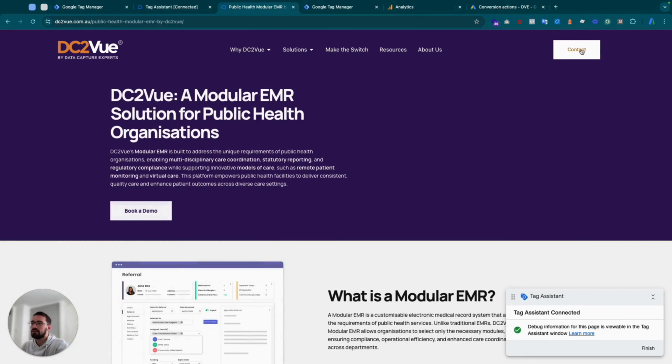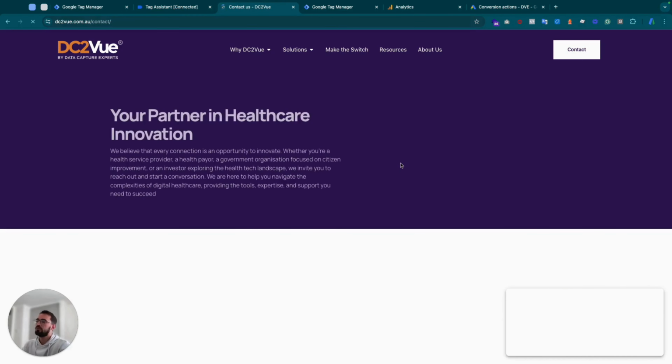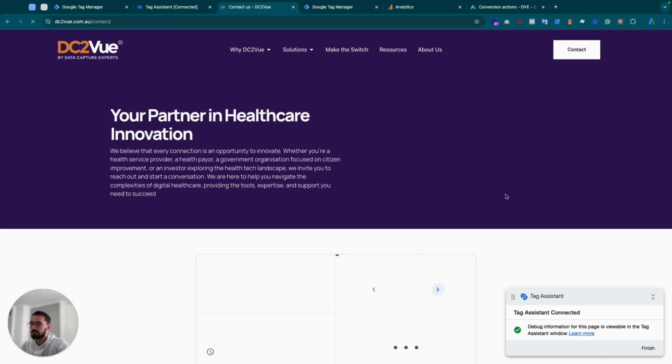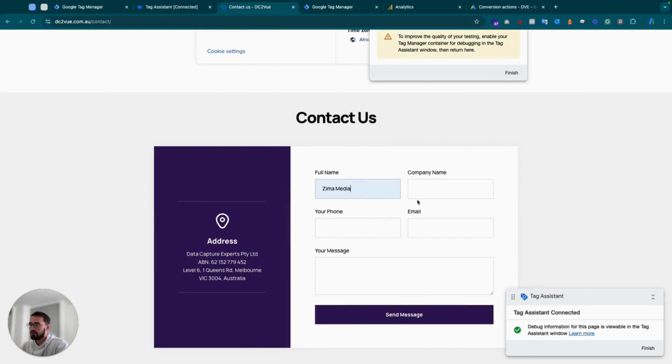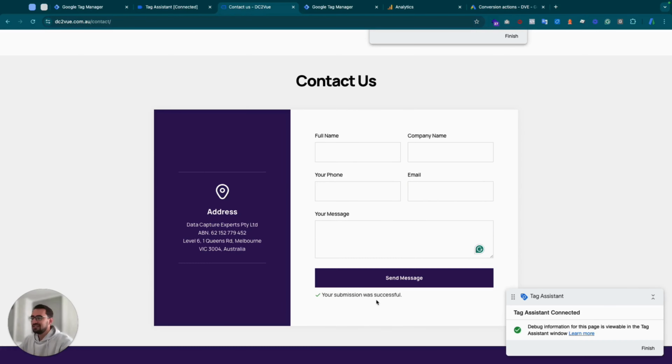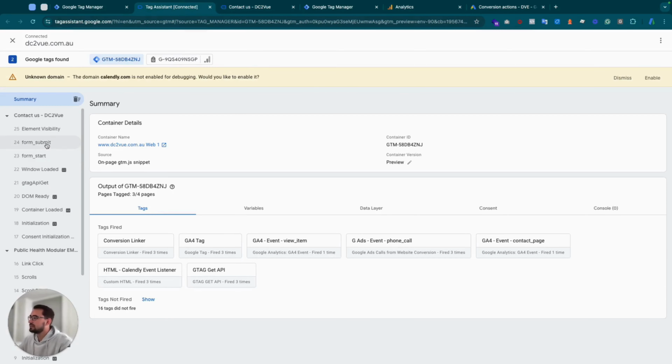Then I can head into the contact page, because the main thing that we want to test on this first preview is what we receive when we submit the contact form. So let's head over to the contact form. Then we're going to add in a few details, Zimamedia.com and test. So let's go ahead and click on send message. I can see that the submission was a success, so I'll head back into the debugger, and here I'll see